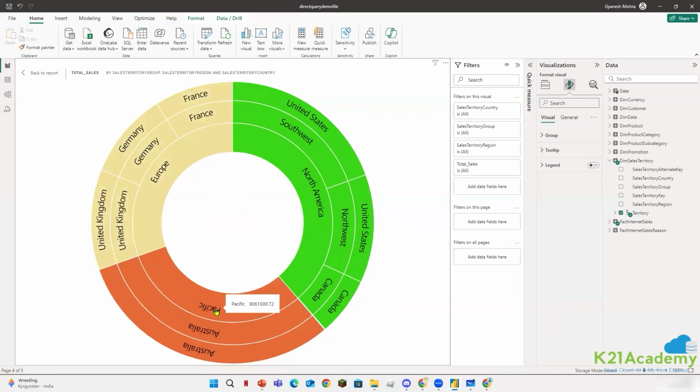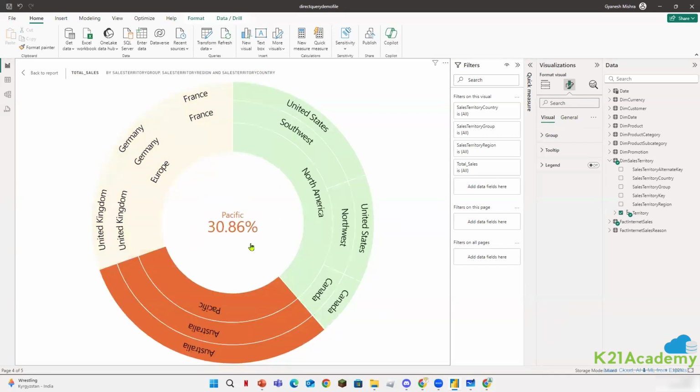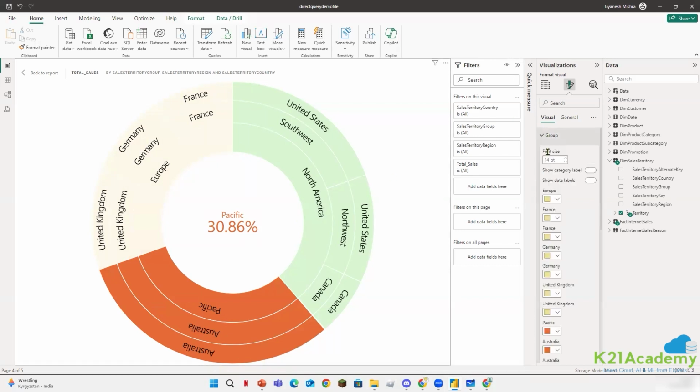For the Pacific, 30.86% of the sales percentage. Actually, they only give you the value in a percentage manner. They never give you the value as a number. It is giving you the value in a percentage manner, how you would like to present it there. And that is what basically happens here when you go for the groups again,